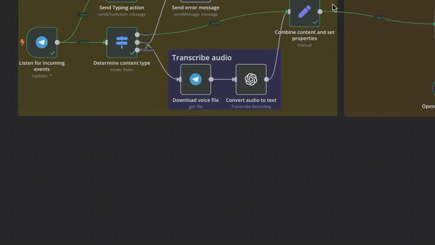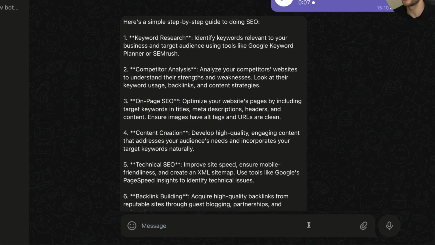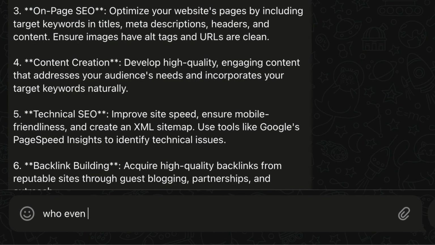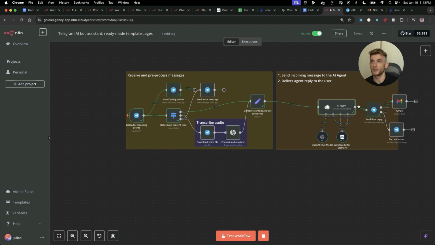So now if we go back, we're going to hit save like so. We'll go back to Telegram. I'm going to say, who even are you? And you can see it says now I'm Julian Goldie. All right. So you can easily plug in lots of information inside this workflow, and then it's super easy to